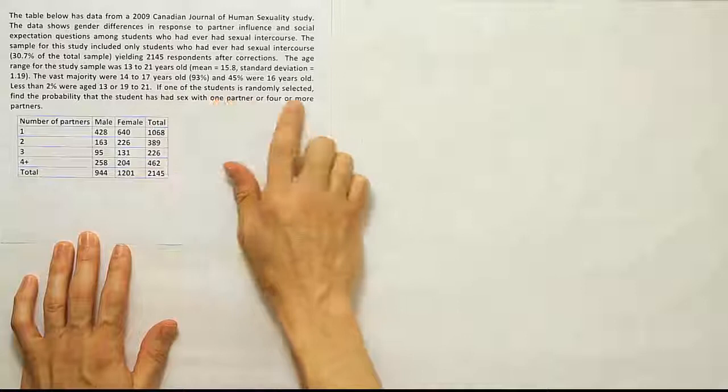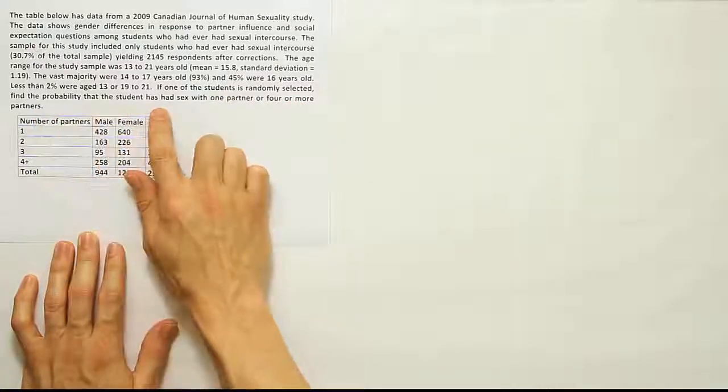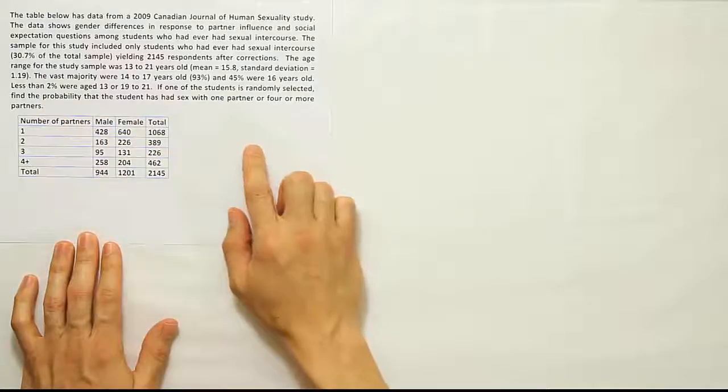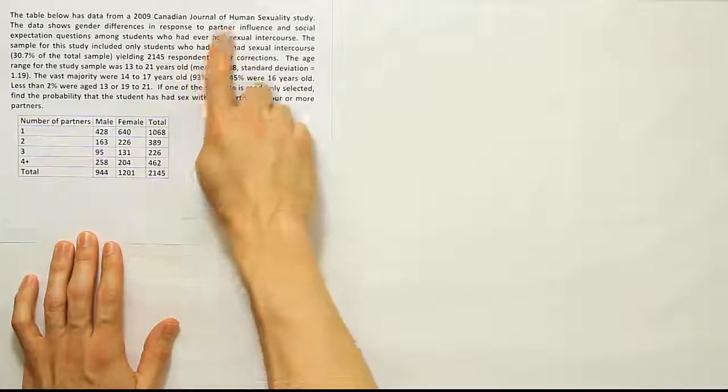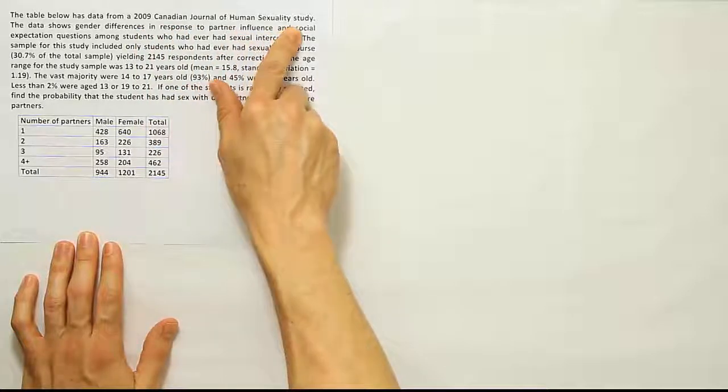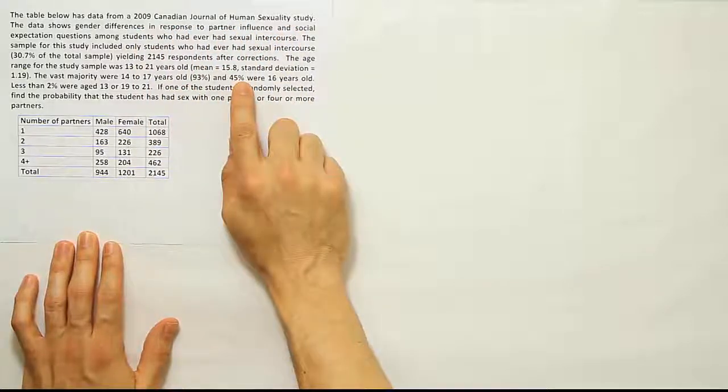If one of the students is randomly selected, find the probability that the student has had sex with one partner or 4 or more partners. Okay, so this whole paragraph before just describes where the data came from. It's from a 2009 Canadian Journal of Human Sexuality study. They go on to tell you how it was comprised, but the final point of the question here is this